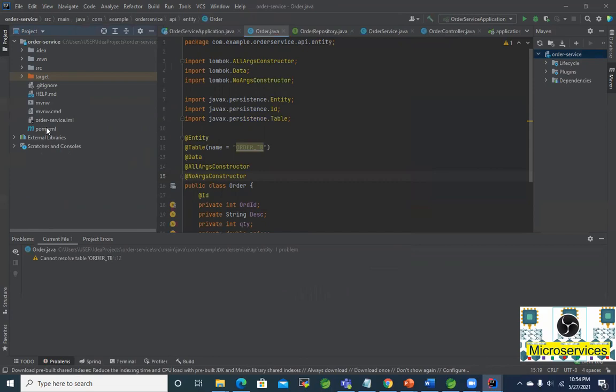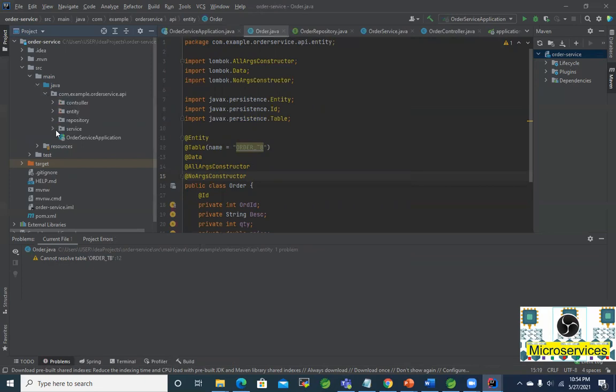and all are dependent on this. These are not Gradle. These are all from Maven, right? So if I have run this one, well, that's where the target folder is. That's okay. So again, if I go to source, main, Java, you can see I have a similar structure. 4 packages are there: controller, entity, service, and this time for my order service application, service microservices,